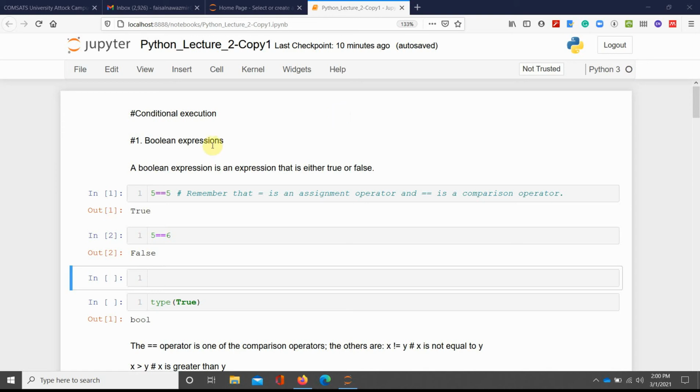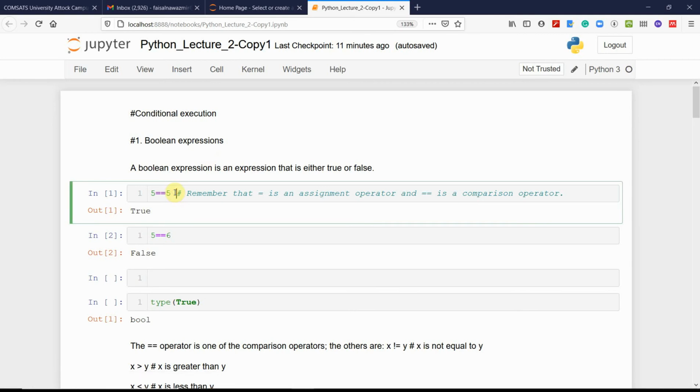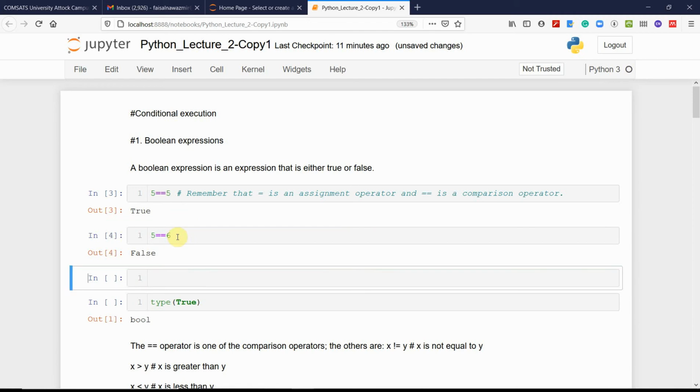What is a Boolean expression? A Boolean expression is an expression that results in either true or false. For example, if we say 5 is equal to 5, that is true. If we say 5 is equal to 6, it will be false, of course, because 5 is not equal to 6. If we say 5 is greater than 6,